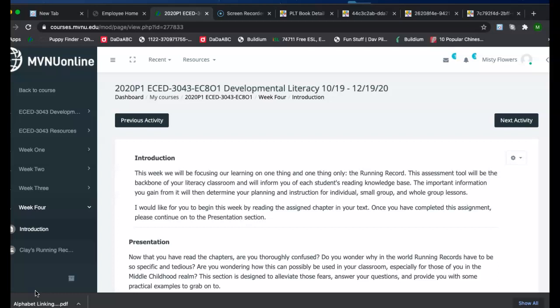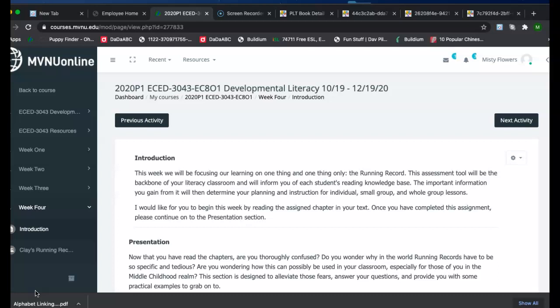You're not only documenting the students' reading behaviors for later analysis and reflection, but you're also sharpening your observation powers and your understanding of the reading process. That running record will inform not only the selection of an appropriate book, but the specific emphasis you need to prioritize for your readers. If you look at figure 11.1 on page 258 of our text,